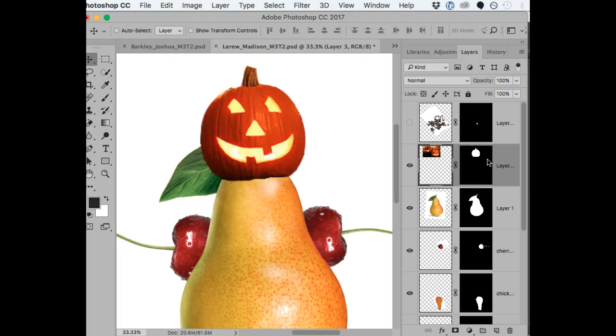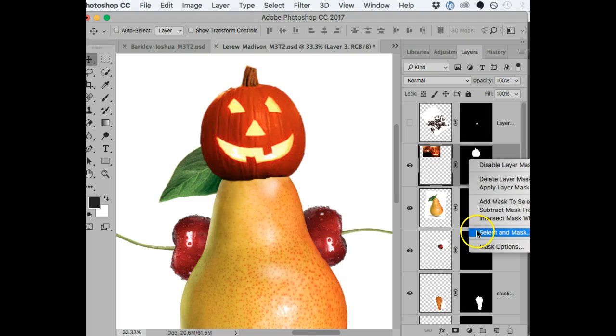So if you can find another jack-o'-lantern that doesn't have that, that's cut out like this, I bet there's lots of stuff on Google Images. That might be good, something that has a cleaner selection. You could also maybe try to fudge this by, what could we do here? We could go and